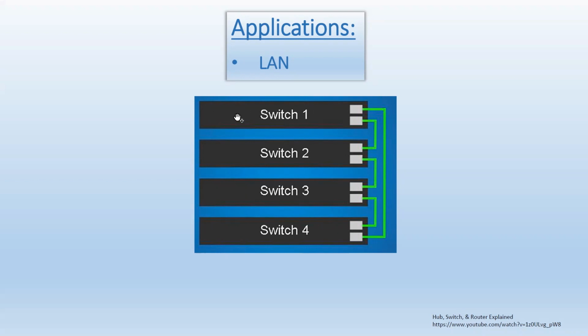So if you want more, you just add switches. Here's a 24 port switch, add another switch, you have another 24 ports, and you can just keep adding them. You're going to have to connect those switches in a way that they would act as one big switch. So those switches would have ports to connect, so they can communicate with each other.